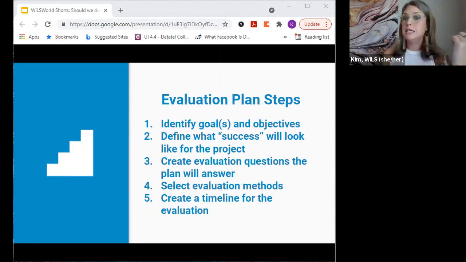Surveys, questionnaires, interviews, focus groups, community conversations, just counting and tracking information, budgetary information, census and other community data indicators, poverty rates, home ownership rates. I mean, the list goes on. There can be so many things that you might want to look at in terms of methods that might make sense for giving you information there. You also want to take, at this point in time, a moment to identify who's going to be responsible for and involved in each evaluation method. So once again, make sure it feels reasonable with staff capacity and other such constraints.